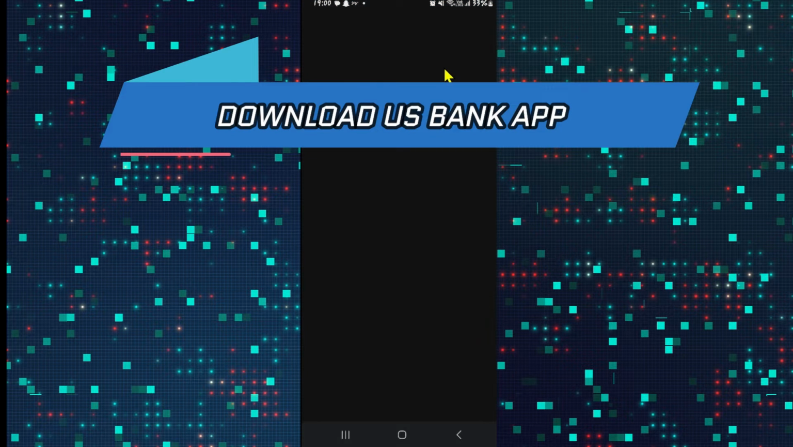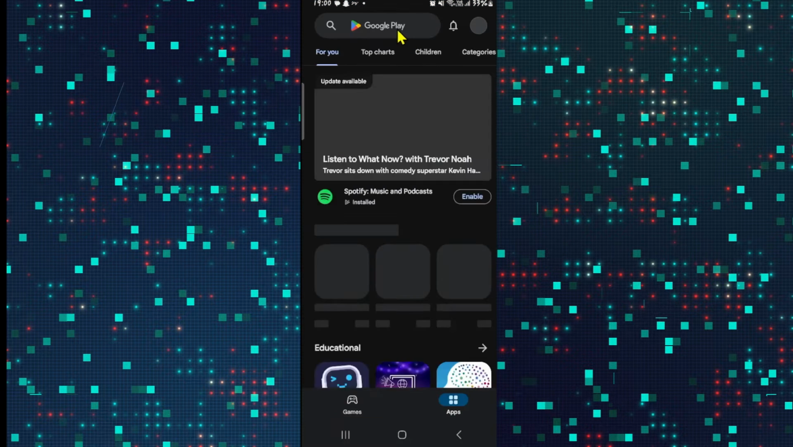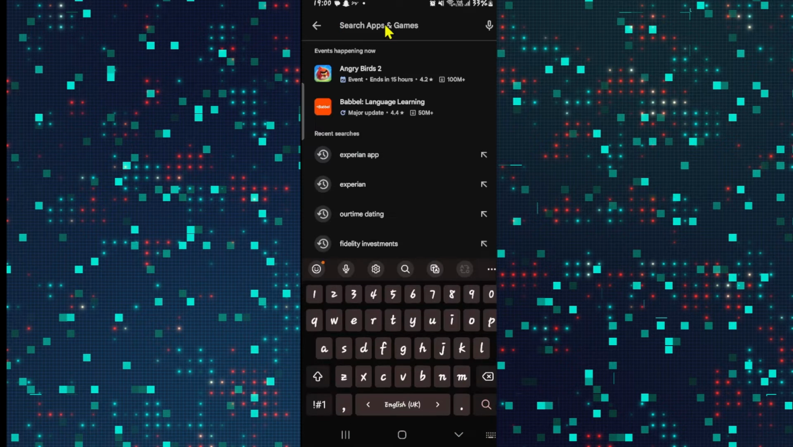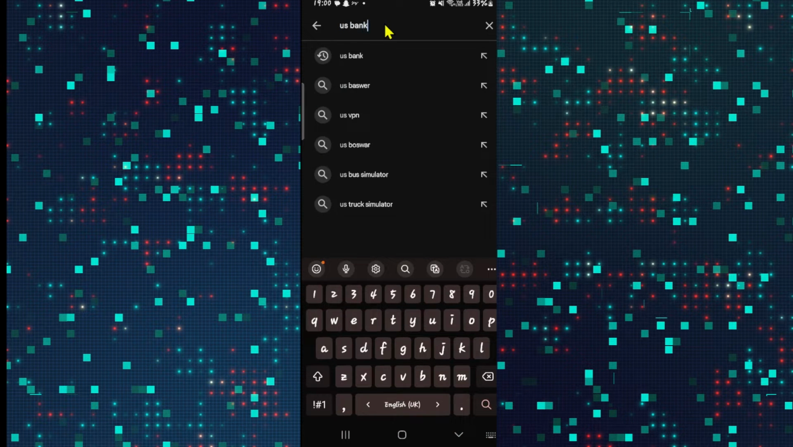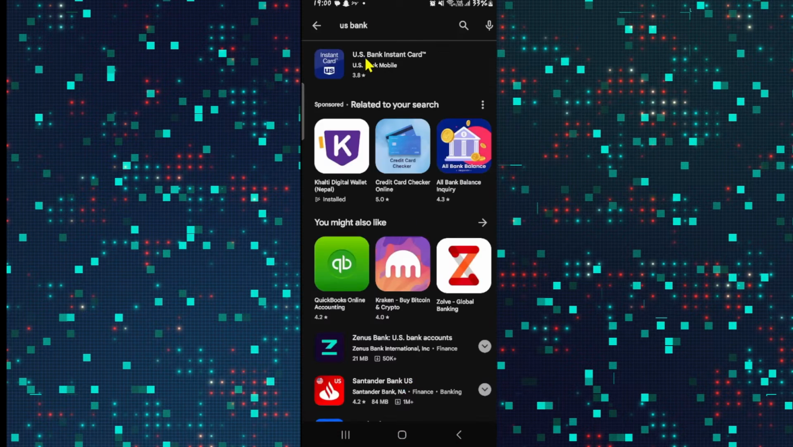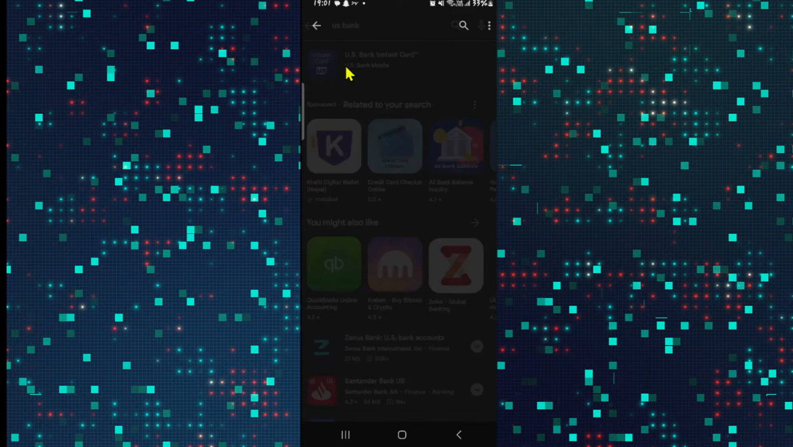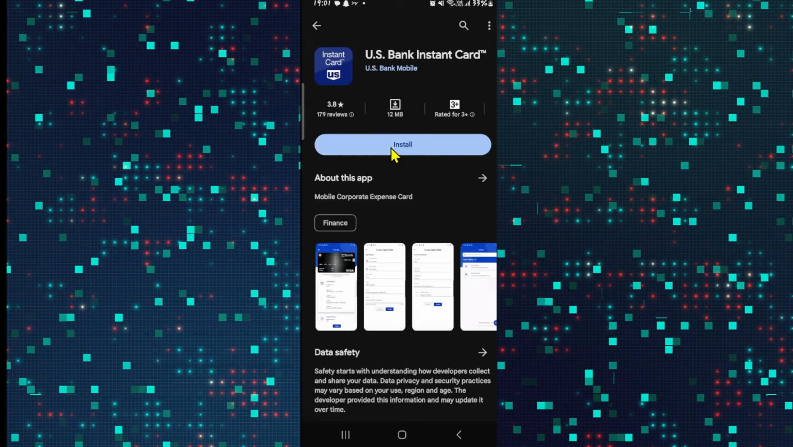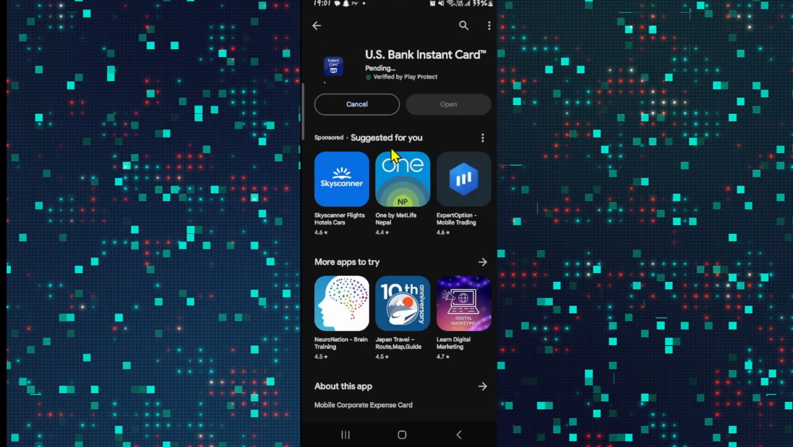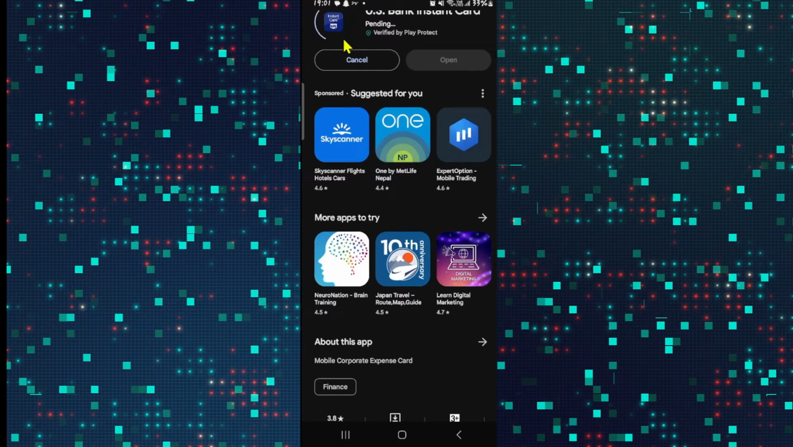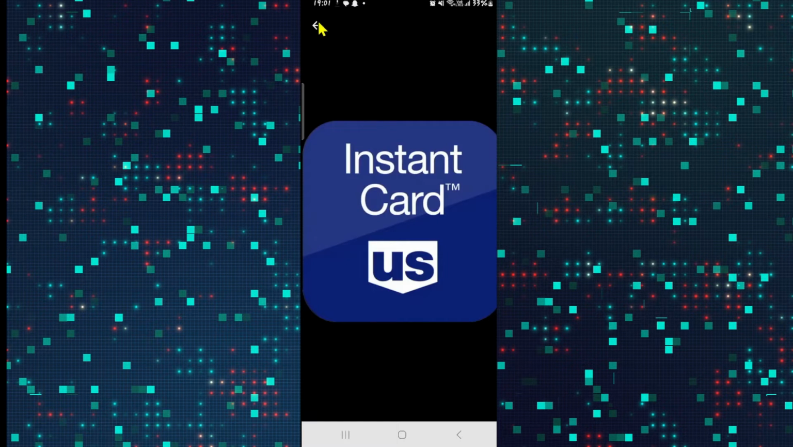First of all, open up the iOS App Store or the Google Play Store depending on your device. Then just tap on the search box and type in US Bank and start your search. Once you find the US Bank application, go ahead and tap on it and you will see the install button. Just tap on the install button and this will begin the download and installation of the US Bank application on